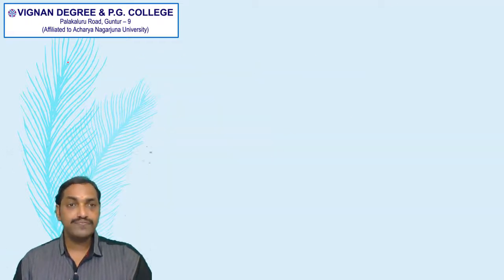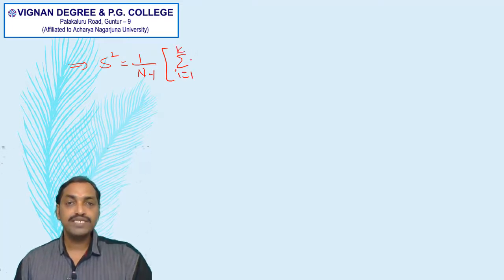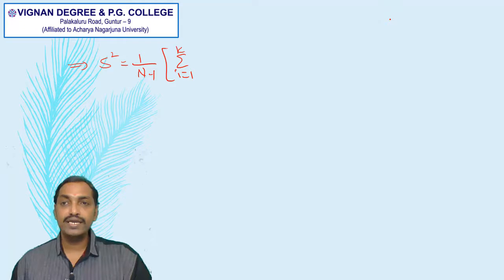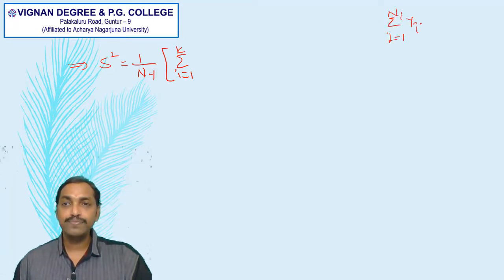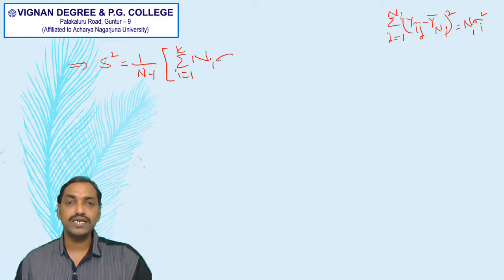Which implies capital S square is equal to 1 by N minus 1 into double summation, i equal to 1 to k and j equal to 1 to Ni, of Yij minus Y N i bar whole square, which is nothing but Ni into sigma i square. So we are substituting that here, Ni into sigma i square, plus